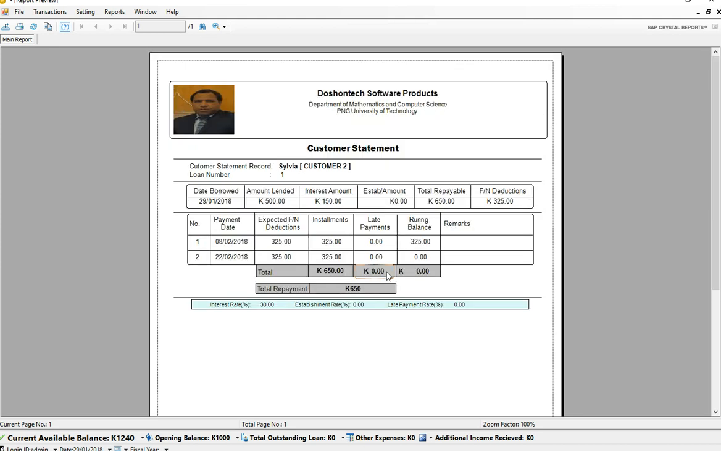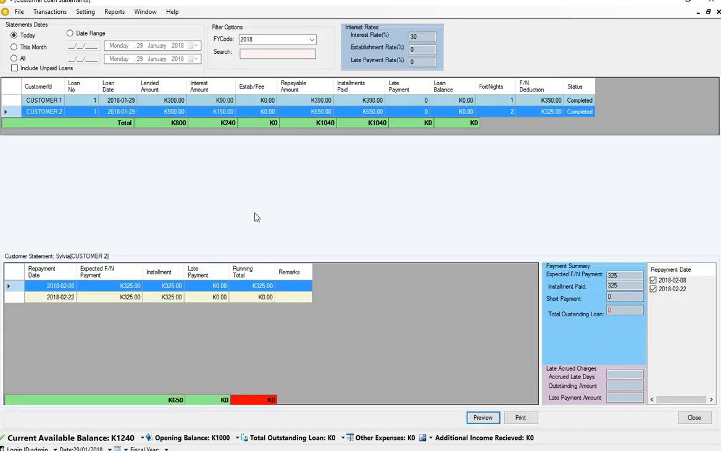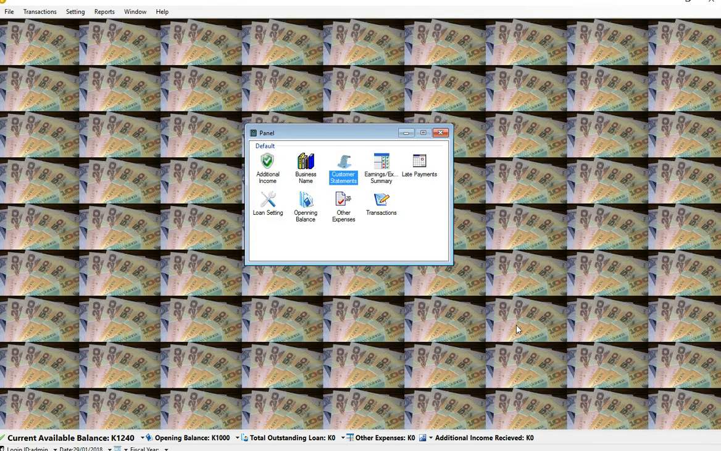Okay, so that's the customer statement. You can print this and give it to the respective customers. That's the information screen about customers and their statements. The next report is